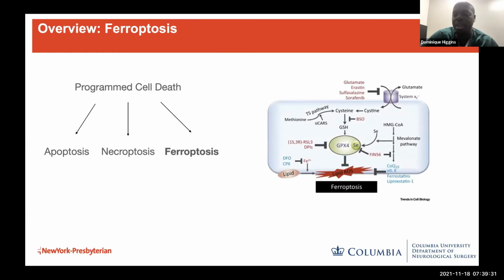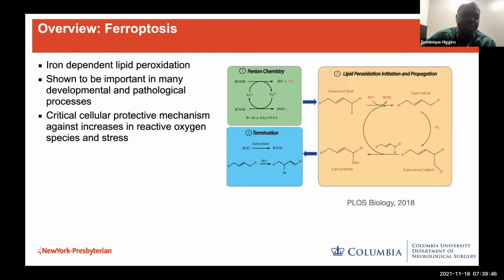And at the core of it, you have cysteine and methionine that essentially serve as the building blocks to help form glutathione, which then interacts with an enzyme to prevent lipid peroxidation, which can result in ferroptosis-mediated cell death. And it's iron-dependent lipid peroxidation, which takes advantage of Fenton chemistry, where it uses iron as a mediator to exchange electrons,